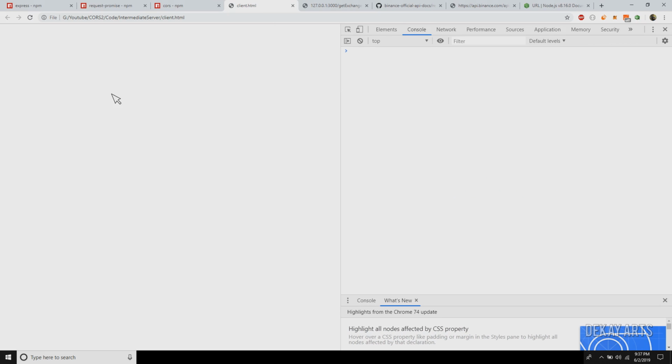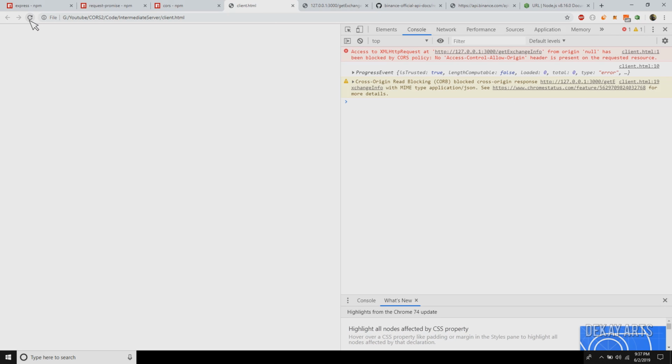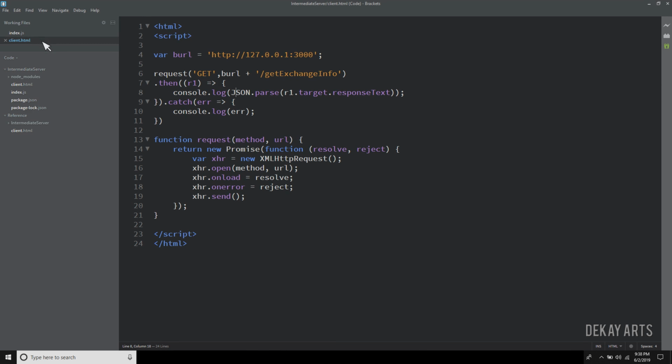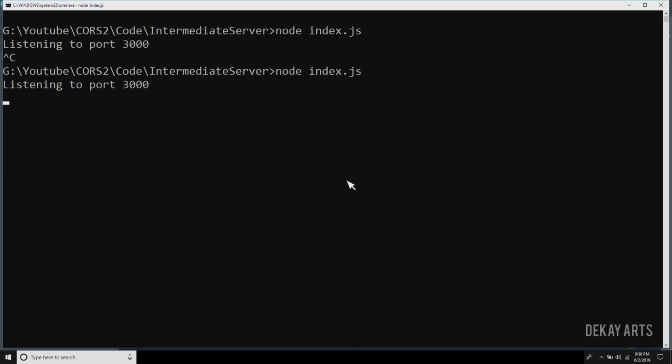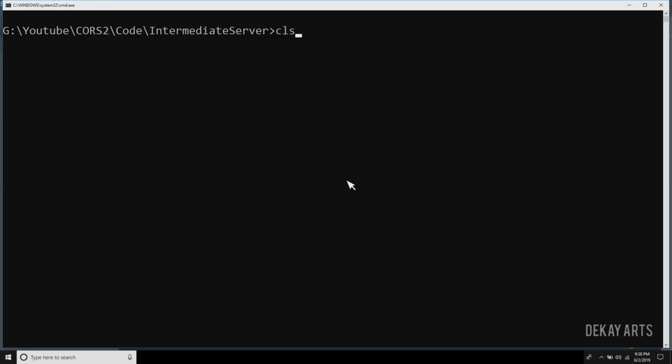Let's go back to the client and open this page. We hit F12, developer tools, go to console, and let's hit refresh. Okay, so you see no access control allow origin header is present, and therefore the request is blocked, right? CORS blocked. So you see that the CORS policy on the browser is blocking this request, right? So all we have to do is go back to the client, go back to our intermediate server, and it's enabled, but I think we did not restart the server. Let's restart the server and check again.